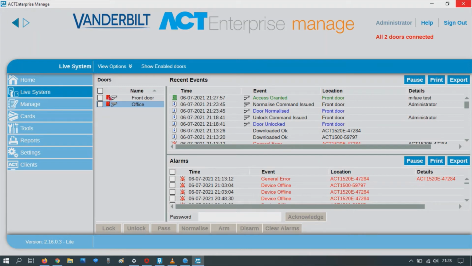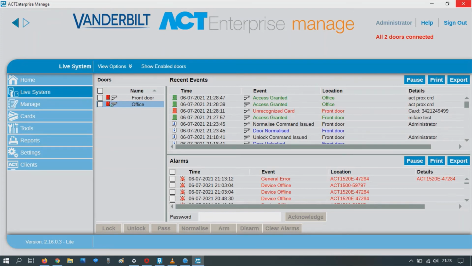There we go, that card's unknown. Let's do the same for the front door. For the front door, we'll just use the same card twice. Maybe useful if you're worried about people piggybacking and things like that. Useful for anti-passback as well. So access granted on the office door. Let's go to the front door and present the token there. We've done it twice so we can see what's going on.